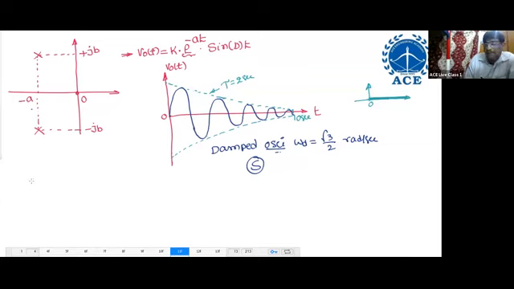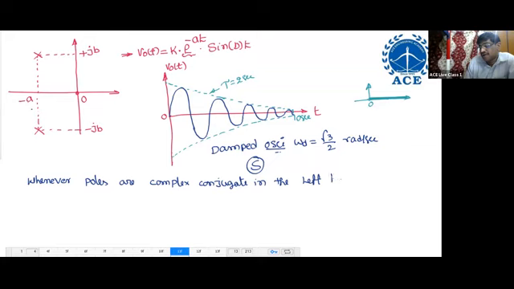Whenever poles are complex conjugate, in the left half of the S-plane,